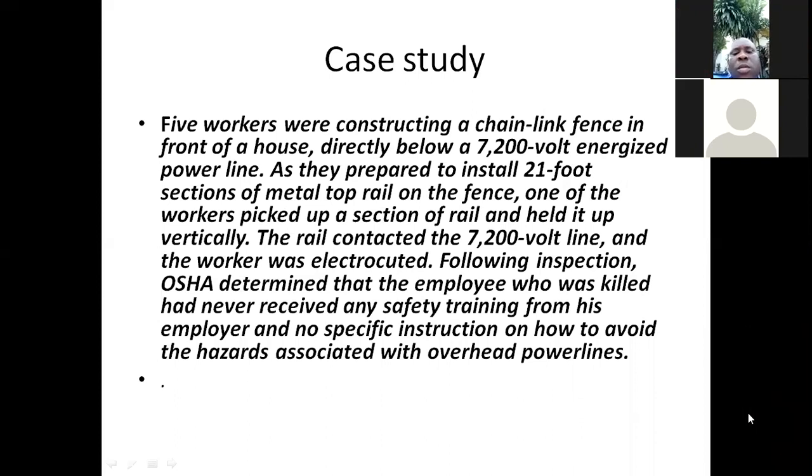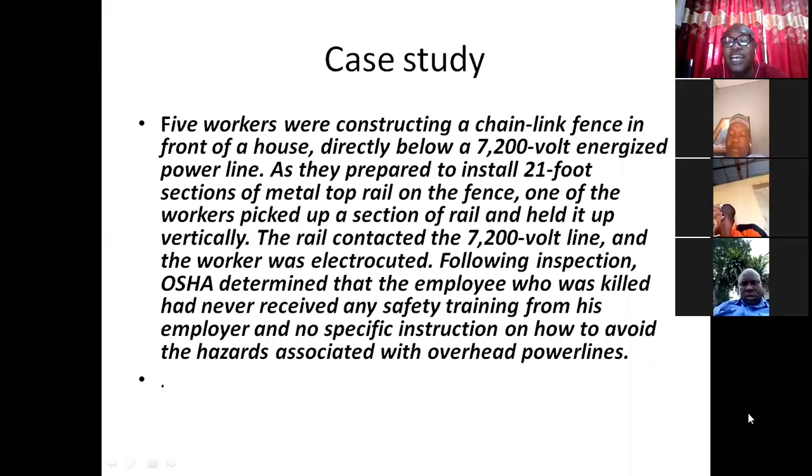They are constructing a fence. The fence is a wire mesh fence. However, the fence they are constructing is under high tension. It's under high tension. And they are using a ladder. The ladder they are using to construct